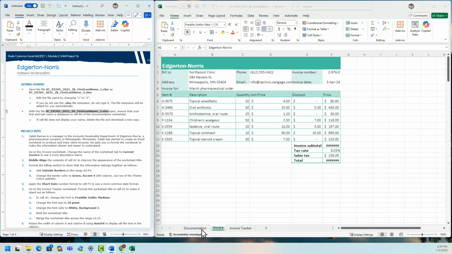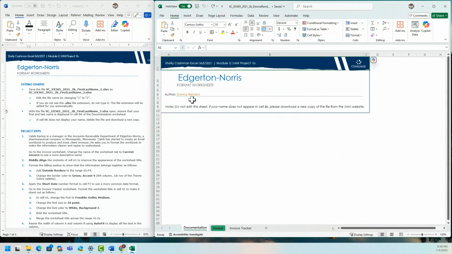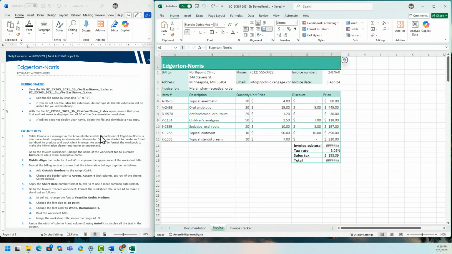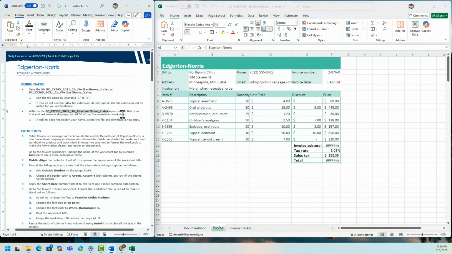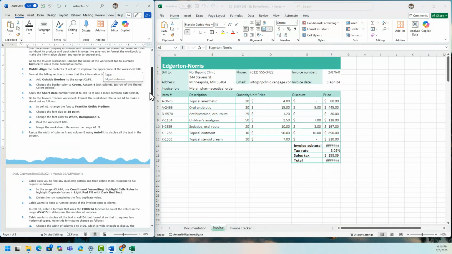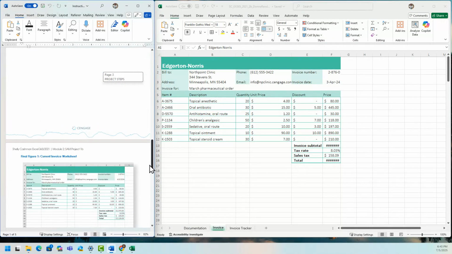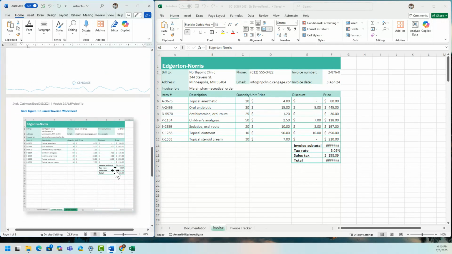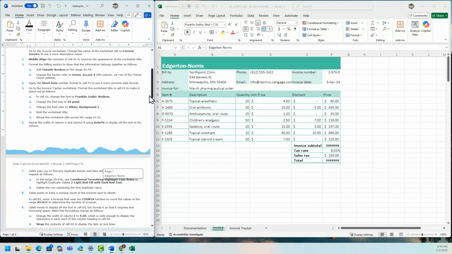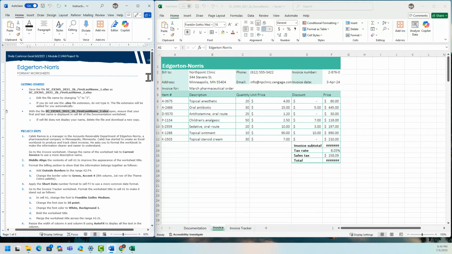Make sure that when you download your file, your documentation shows your first name, last name, and then we have 20 steps to complete. When you're done, your worksheet should be similar to figure 1, the current invoice worksheet. We'll go ahead and start these project steps.